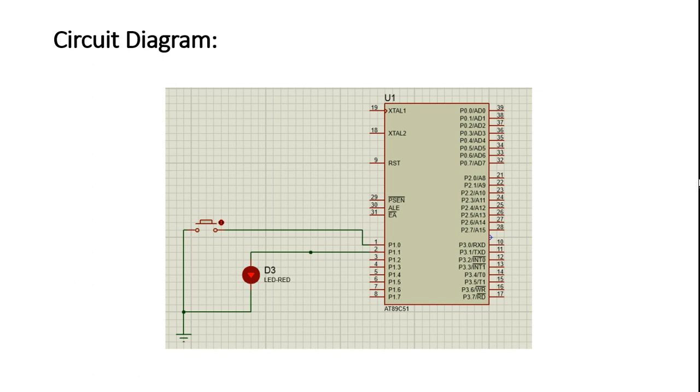But in hardware, definitely you will have to power the IC by connecting pin 40 of the IC with VCC and pin 20 of the IC with ground. Similarly, pin 31 will also be connected with VCC, which tells the microcontroller to load data from the internal memory. You will also have to reset your IC before starting, and provide a clock at pins 18 and 19. So these are some differences between the hardware and the software.